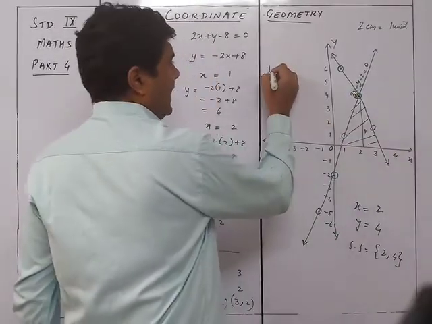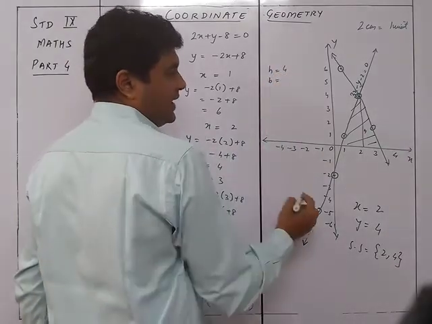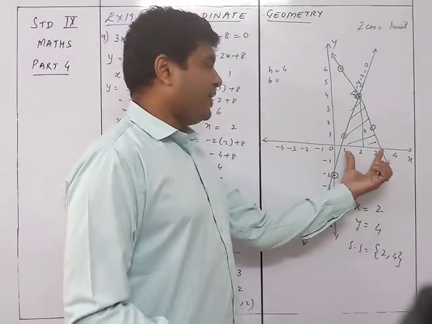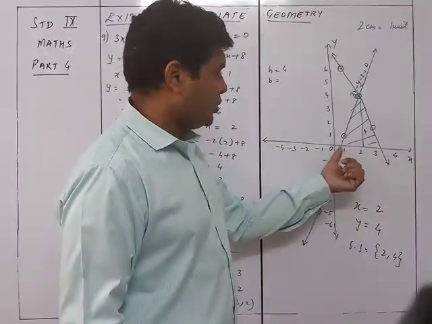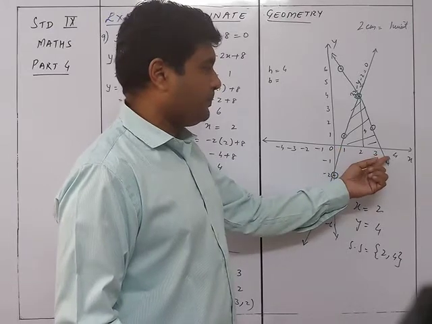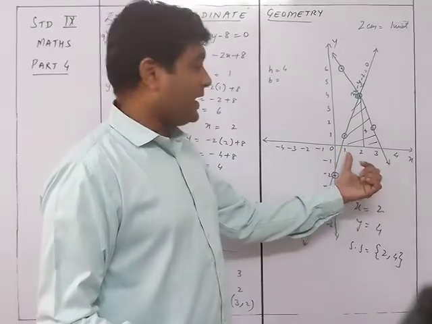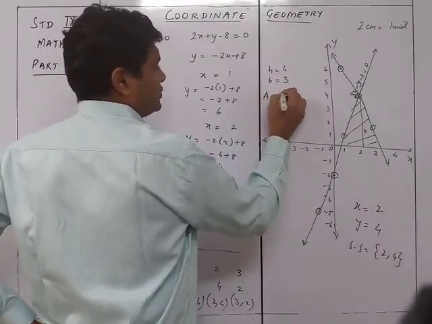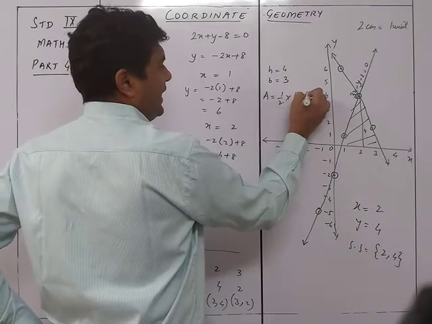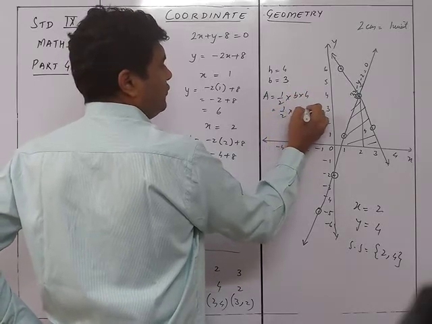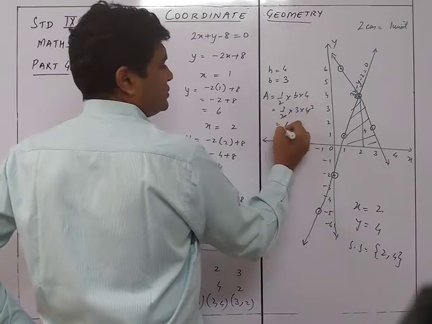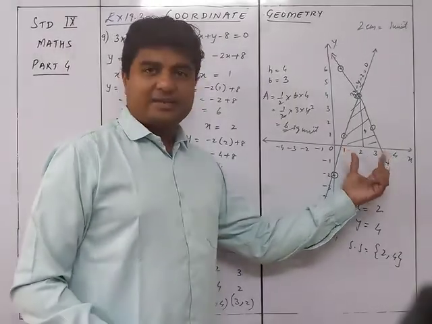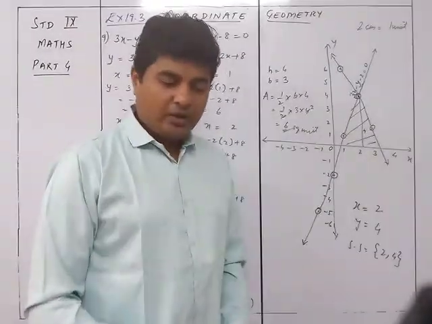So we know that height is equal to 4 and the base, we don't know exactly how much it is, but you can find out from the figure over here. Now this is going to meet somewhere between 0.5 and this will be around 3.5. So somewhere it should be like 1, 2 and 3, around 3. So that will give you the area is equal to half into base into height, half into 3 into 4. So that will be equal to 6 square units. Now this is not sure.